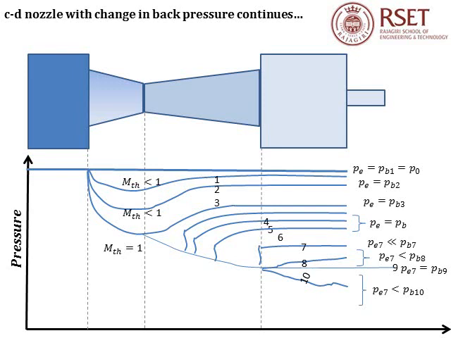When we further reduce the back pressure, we see that the nozzle will again expand the fluid through the same curve and it will reach an exit plane pressure PE, which is equal to PE7, but outside, the settling chamber pressure has gone down. Here the exit plane pressure is greater than the settling chamber pressure, because of which there is a sudden expansion of fluid just outside the exit of the nozzle. And this, as we discussed in the previous slide, is referred to as under expanded condition of the nozzle.